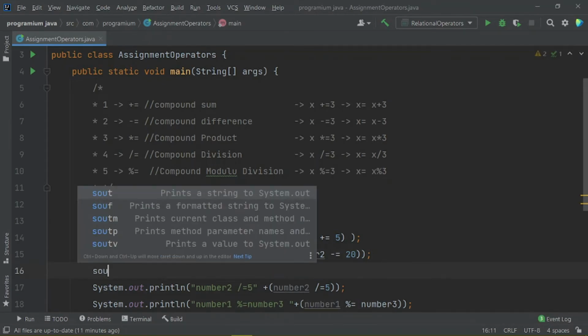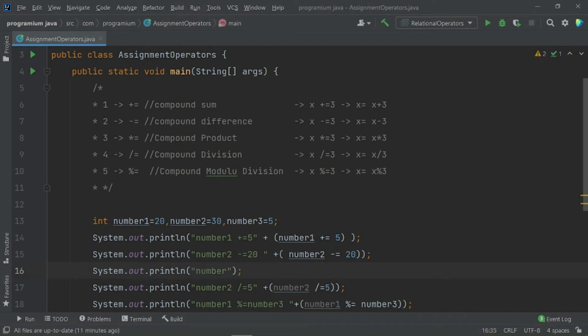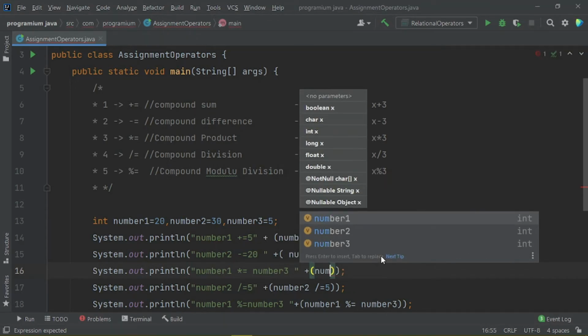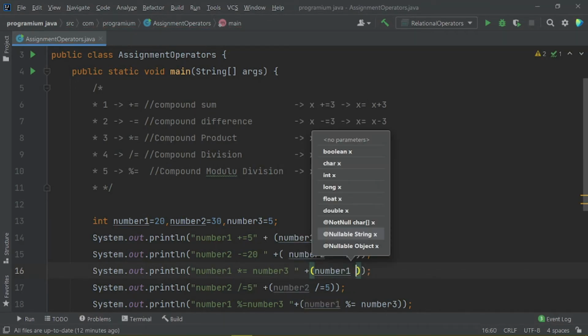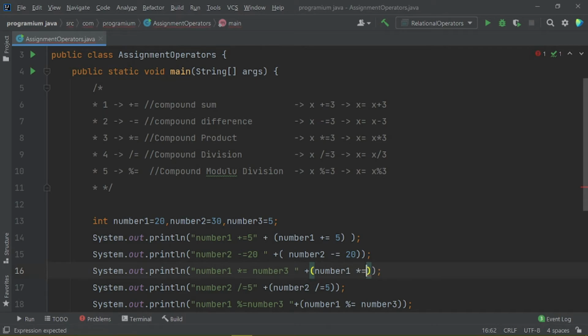Let me put it here, product. So number 1 multiplied by number 3 here. So what could be the results here? Number 1 multiplied by number 3.